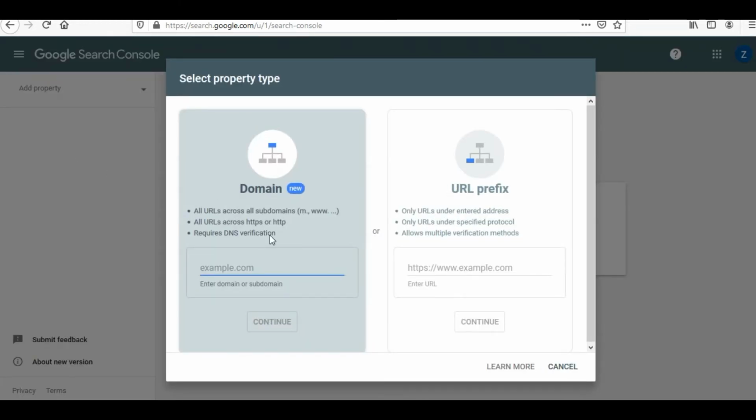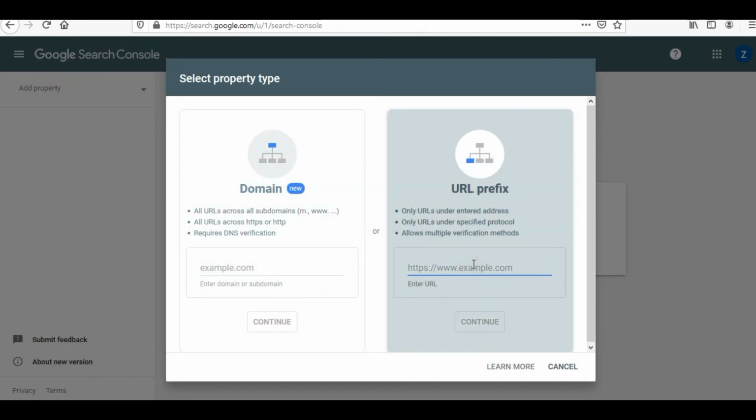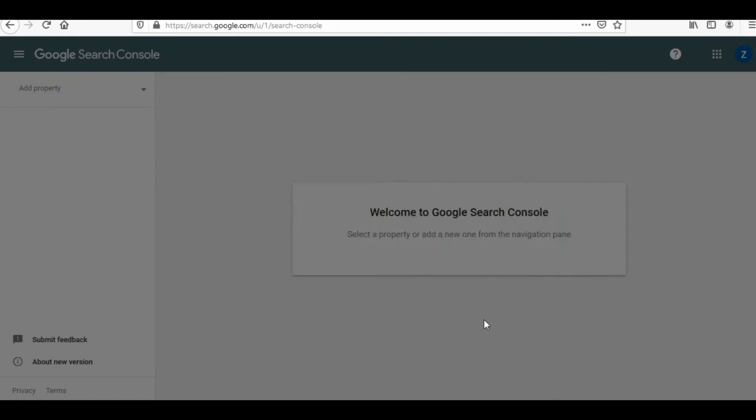If you have bought a domain name from services like GoDaddy or any other DNS provider, you can punch in your website address over here and get your website verified using the DNS services. Otherwise, like the website which I have created using Weebly, in which my website is a subdomain of Weebly, I need to go for other methods of verification, which is the URL prefix. Now I will punch in my website address over here, http://yourpetsindia.weebly.com, and I'll click on continue.